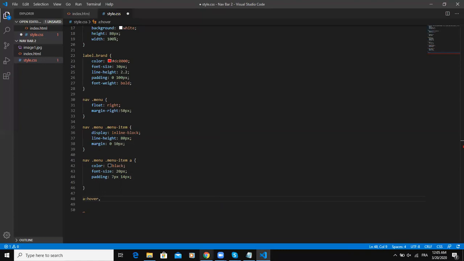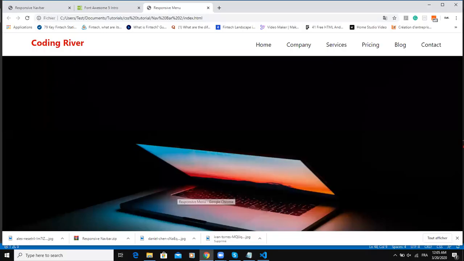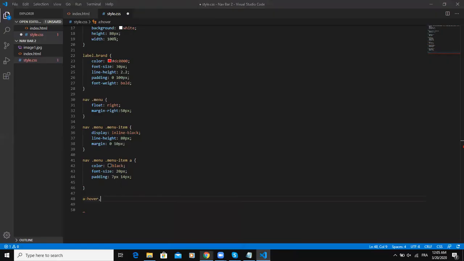And I would also want to say that whenever any of these links, or if I say this link is active, the home link is active, I want it also to have a certain background color. Okay, so I will say comma and say